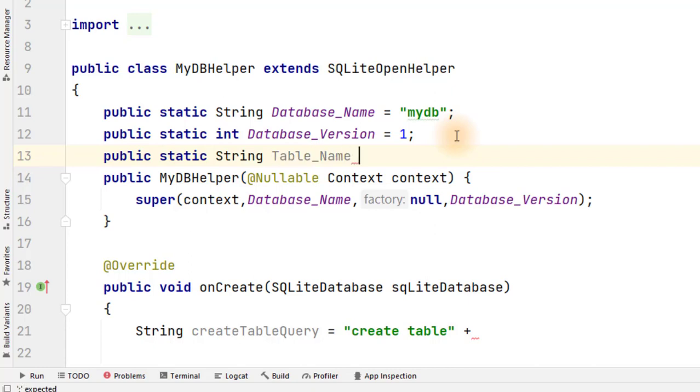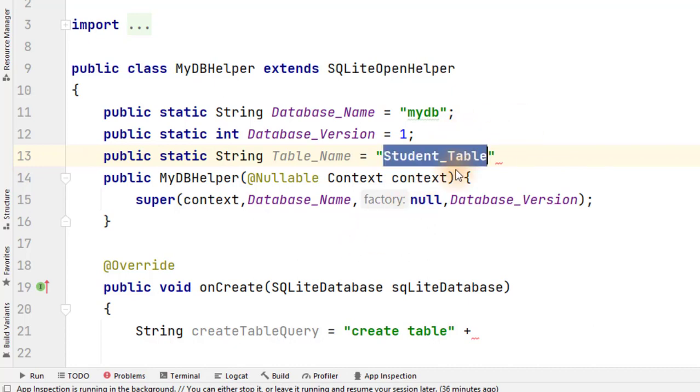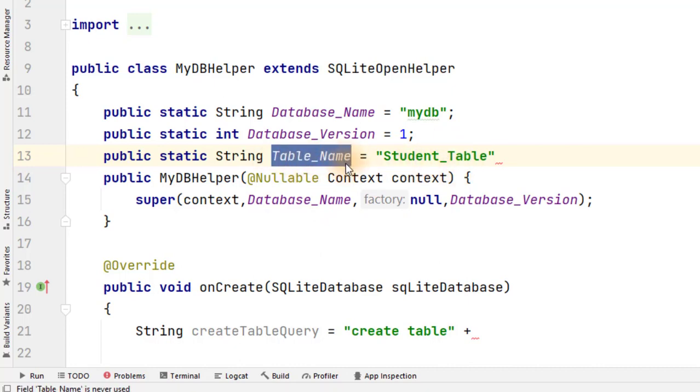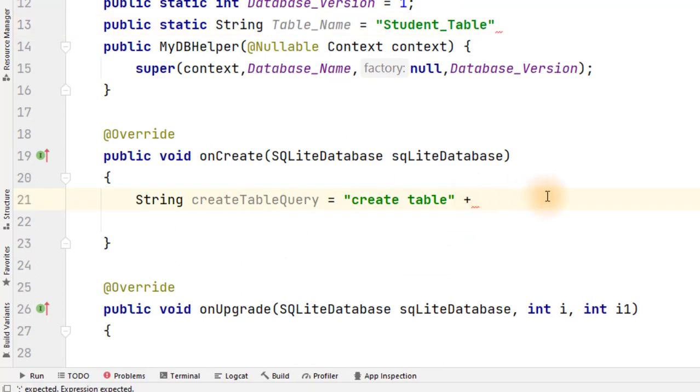This is my table name, and within double quotes we write the table name as student_table. So now this student table is defined using the variable TABLE_NAME. So I just copy this name and paste it here.